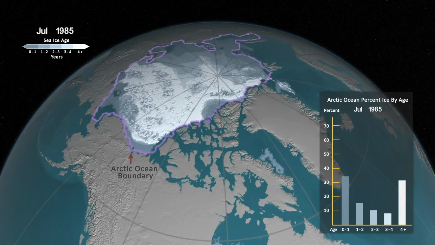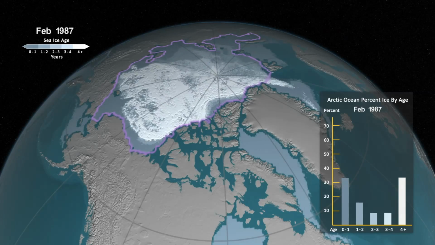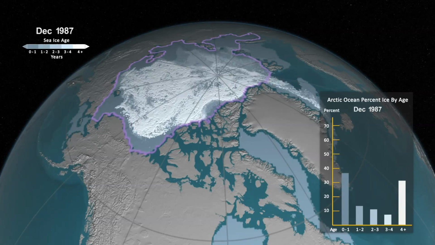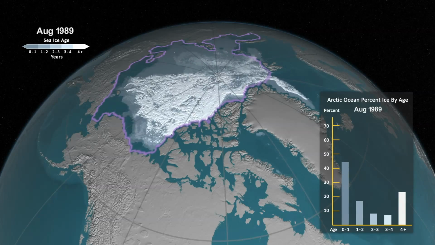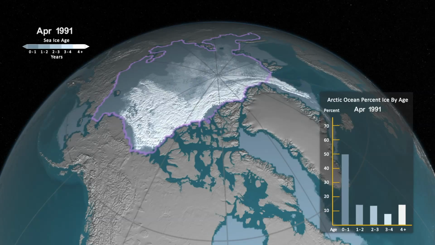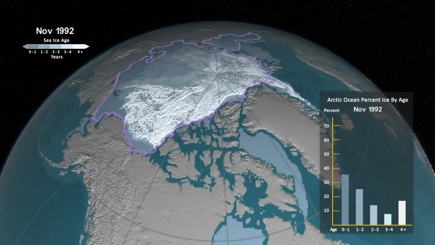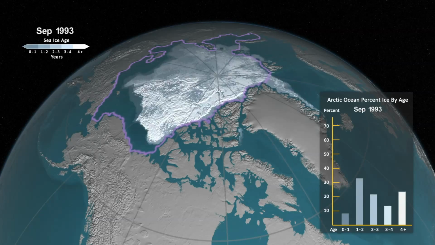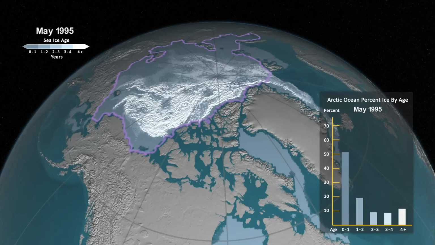What you can see is that there's a lot of thick ice in the Arctic early in the time series, in the early 1980s. What you can also see is that some of the ice is being flushed out of the Arctic, particularly over on the eastern side of Greenland. There's a big mass of ice in the middle, sort of right above Canada there. You can see it sort of swirling around. But it's been relatively persistent for a long time.